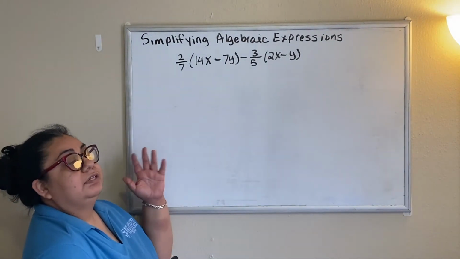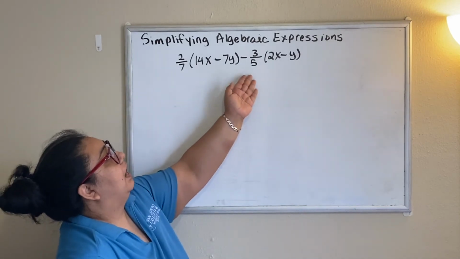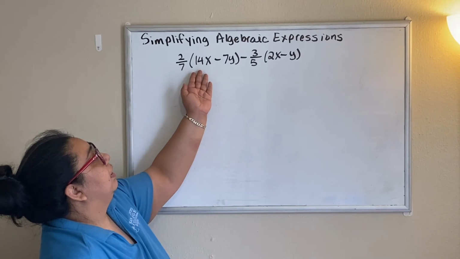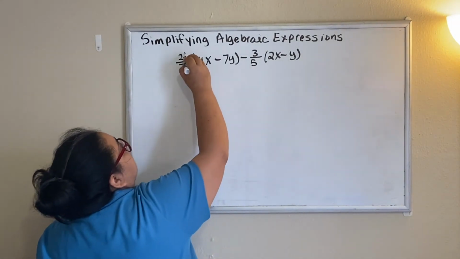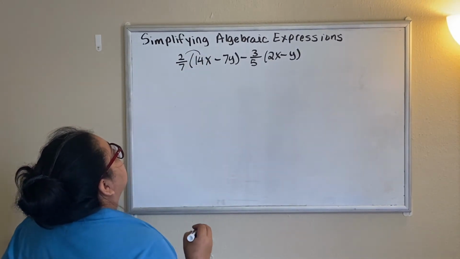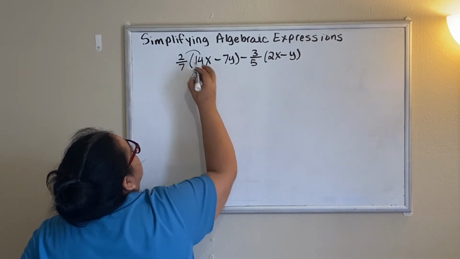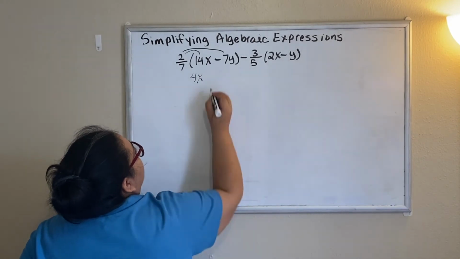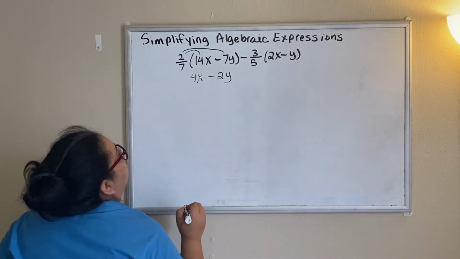Okay, so here we have example 2. Example 2 is similar to example 1, but now we have fractions. So we need to distribute fractions to our expression inside the parentheses. I'm going to distribute 2 sevenths times 14x, and that's going to be 4x. And then we distribute 2 sevenths to negative 7y, and that's going to be negative 2y. So that's the first